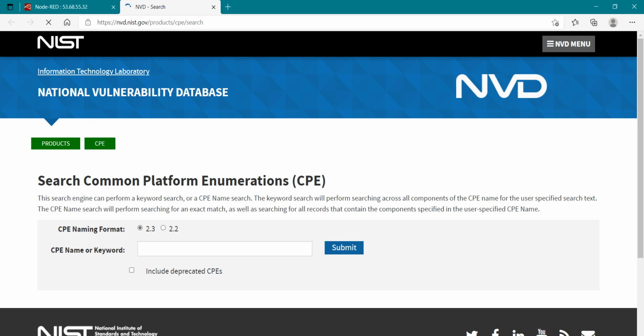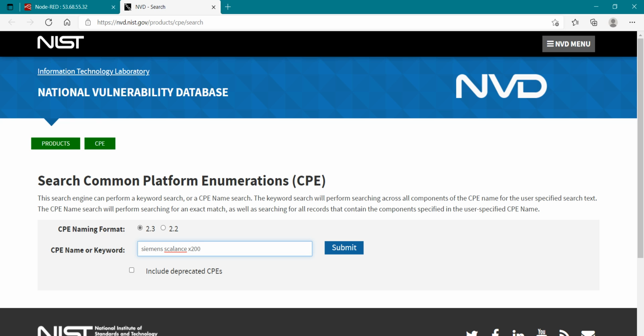Now, this is actually a last resort kind of thing for me because this website often crashes or times out. I do not like to use it. I prefer using the downloaded version that's on your local drive as opposed to using the website since it is not well maintained. So we're going to look for Siemens Scalance